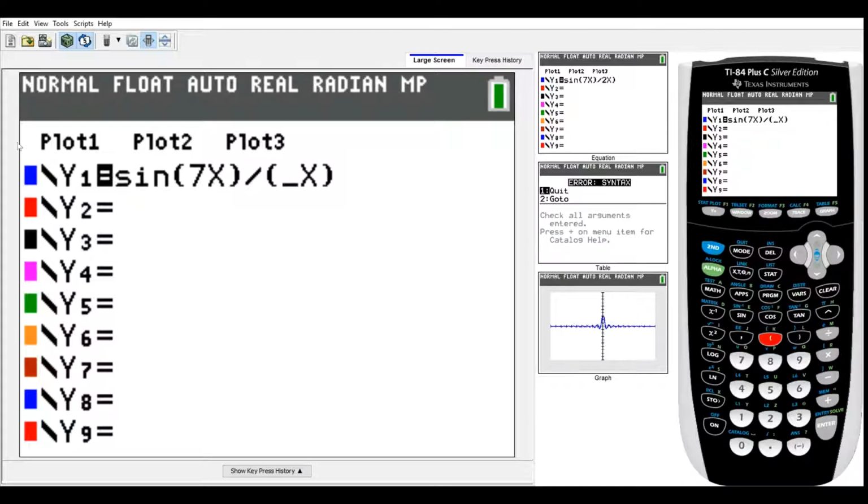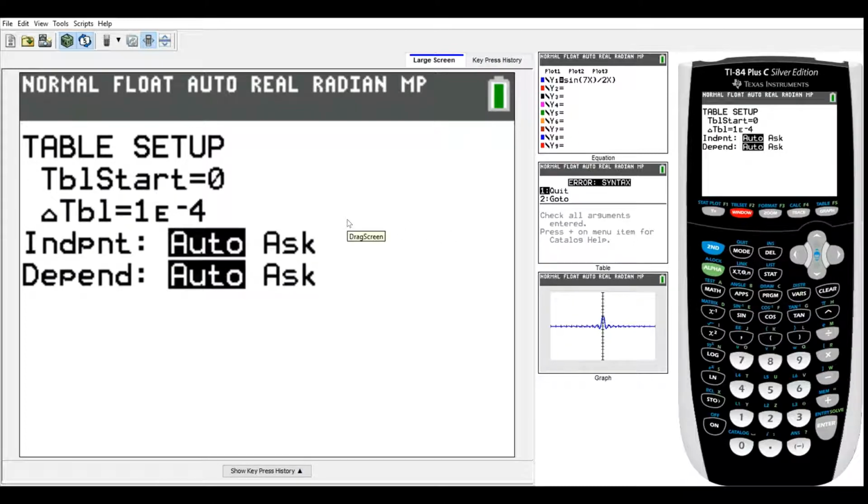The next thing I want us to do is hit second and then window, and that's going to take us to table set. I want our table to start at 0 since we're going to try and look at the limit as x approaches 0. And for this delta table, if we arrow down, how about we make this 0.0001? Then we'll hit second and then graph,